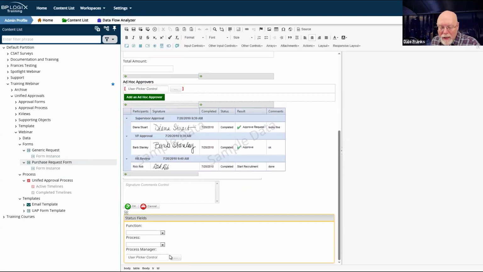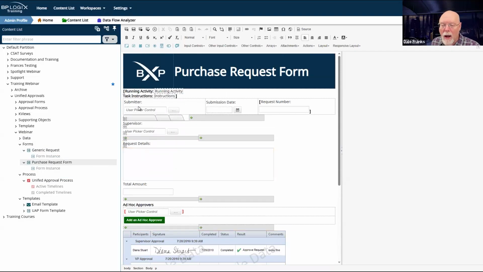What I probably don't need is the function, because I can make this a generalized accounting form. Now, I can hide the function field, but what I'd probably have to do is take the process and the process manager and throw them up here in the top section where they originally were. And then I could make this an accounting services form. In fact, let's do that.